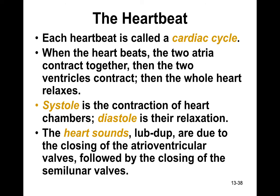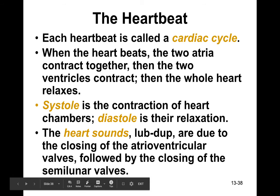and the sounds that you hear when you listen to someone's heartbeat, it's not the heart pumping that you're hearing. It's not the blood flowing that you're hearing. What you're hearing are the closing of the valves. The first part, the lub, is due to the closing of the right and left AV valves. That's your bicuspid and tricuspid. And then the dup, the second part of the heartbeat that you hear, is caused by the closing of the